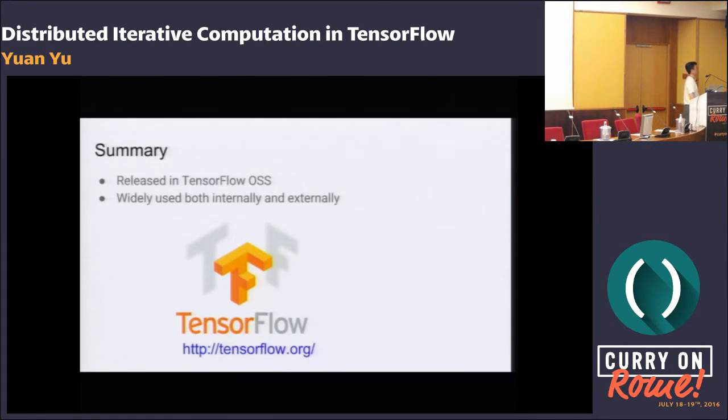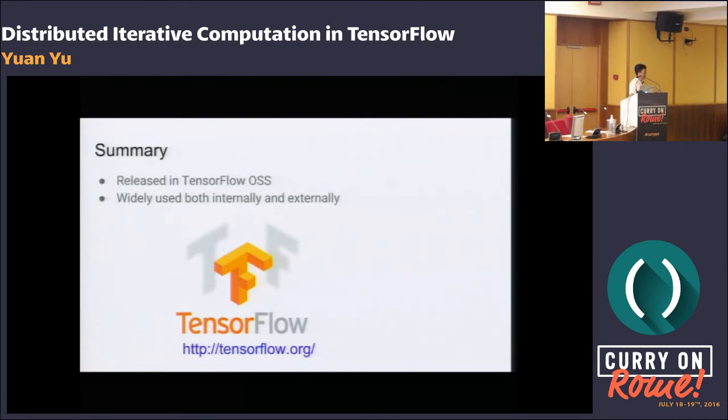Could you also use this for other stuff than machine learning? Of course. Initially, when the project started, the application domain was mainly focused on machine learning, in particular deep learning. But now the system is getting more and more general. We started to introduce shared variables, shared state, and control flow.